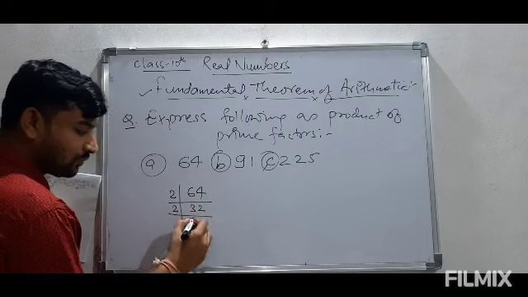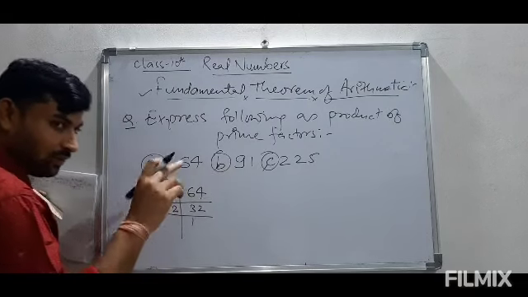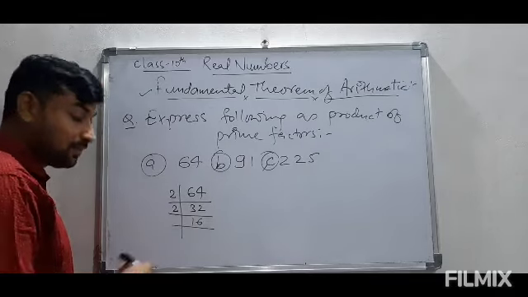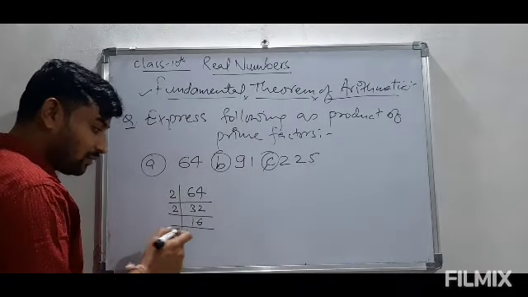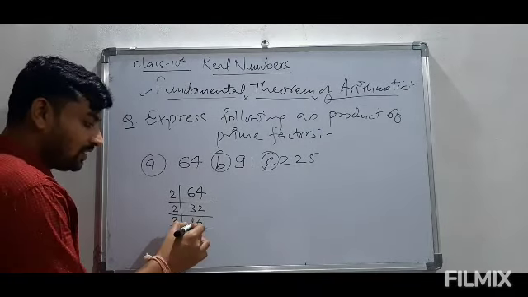3 divided by 2 is 1, 1 will remain 1 and then the next digit is 2, so it will become 12. Now 12 divided by 2 is 6. Again 16 is an even number, so again we can divide it by 2. 16 divided by 2 we get 8. Now again 8 is even, so divided by 2 we get 4. Then again 4 divided by 2 we get 2, and again 2 divided by 2 is 1.